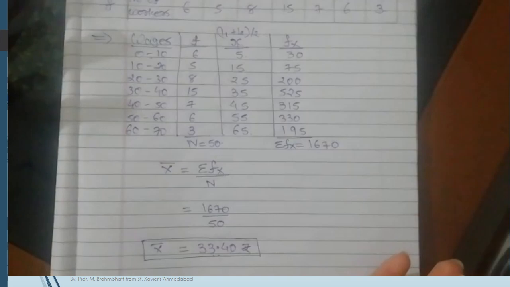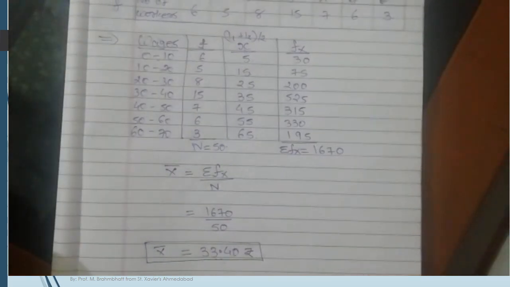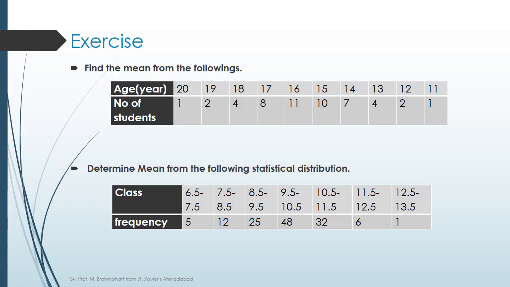So that's it. Very easy and very simple method. I hope you are now clear with the arithmetic mean in the case of ungrouped and grouped frequency distribution. After watching my calculation video of these two categories, you can also perform these questions. The two questions I have mentioned here.